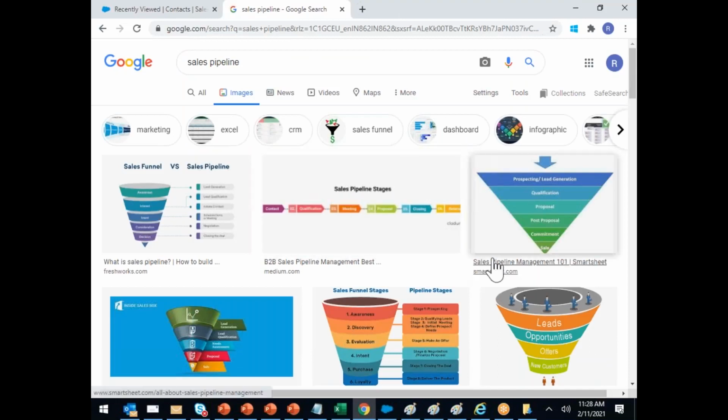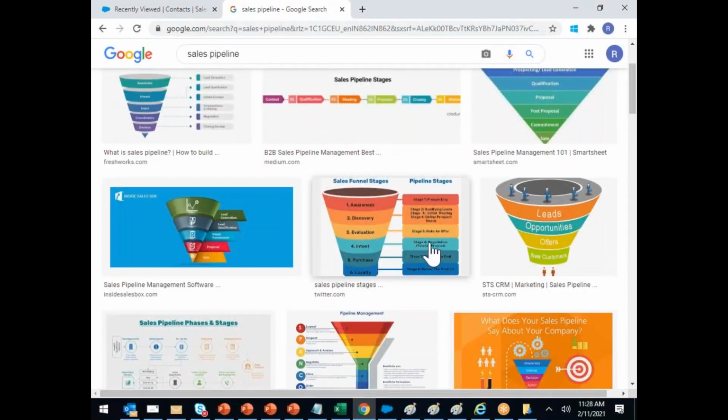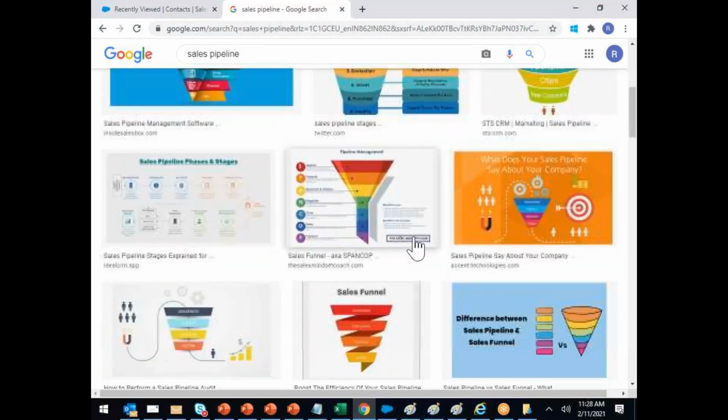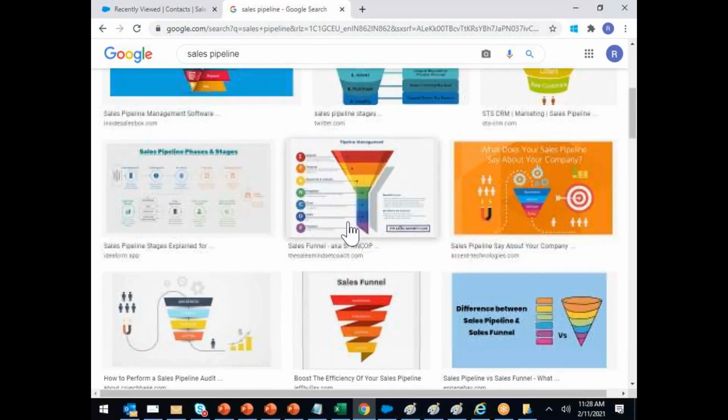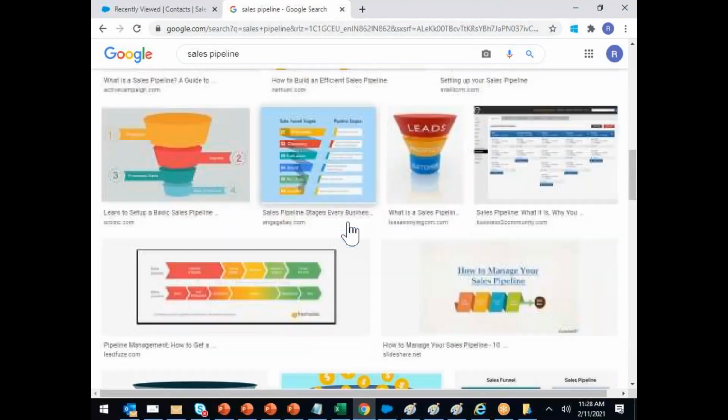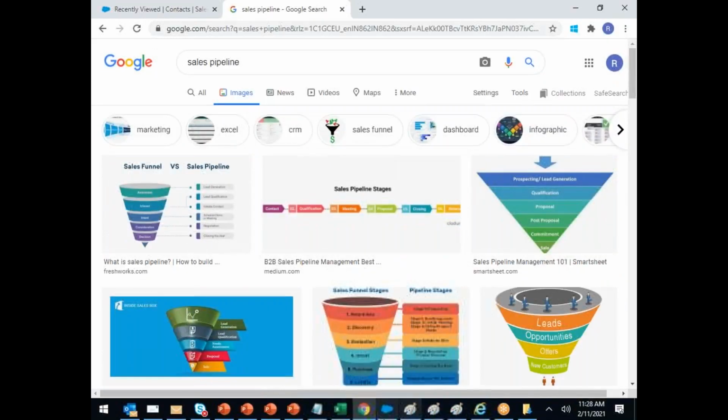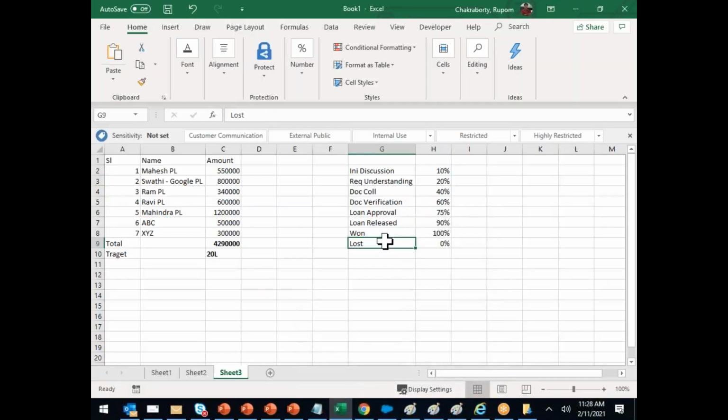Because as soon as we start Salesforce customizing, these types of reports and graphs you have to build. Exactly like this we will build. To build this, you need to understand the pipeline concept. What is a pipeline? It is nothing but the stages followed during a sales process. I am selling a personal loan to someone. During the selling process, there are steps. These steps are called pipeline.